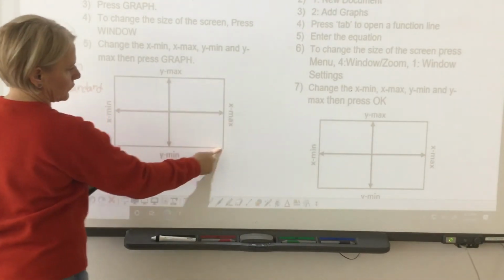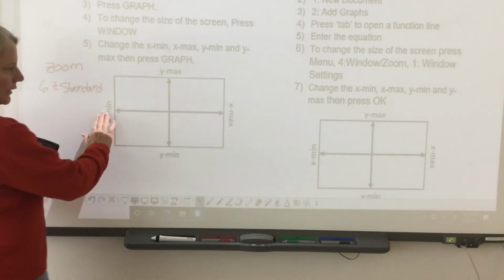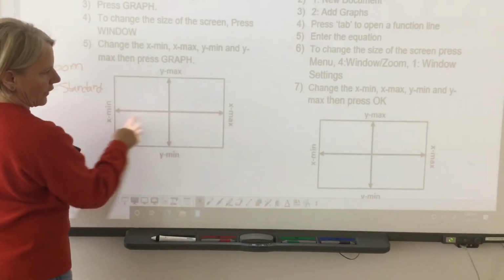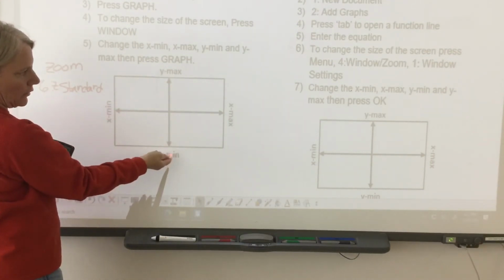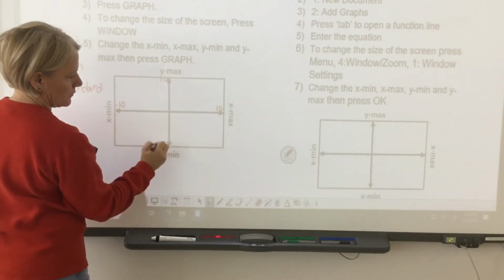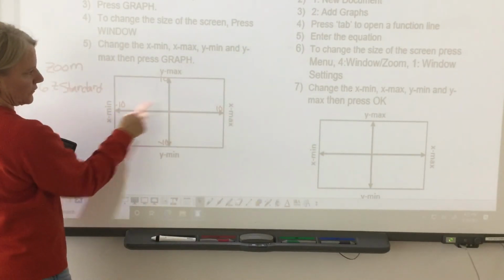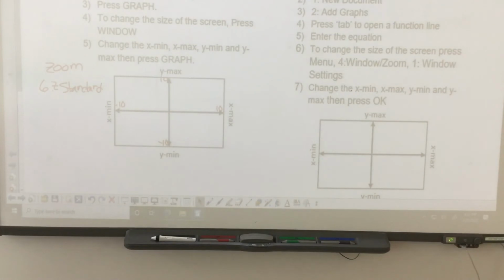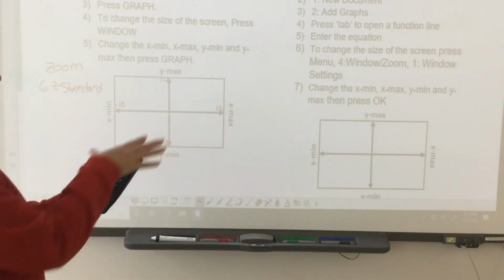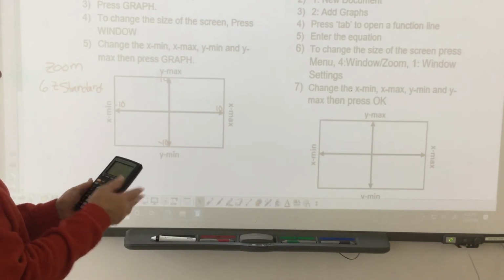So if you look at how the calculator screen is, it's a rectangle, and the dimensions of the rectangle are dictated by your x max, your x min. So you can change that, or your y max and your y min. Okay, so the standard window is 10s. So it goes from 10 to negative 10, 10 to negative 10. So if ever something is wacky on your calculator, just go to zoom standard, and it should get you back to that 10-10 window, I call it. Okay? So if you look at your graph right now, if you get your screen all right, you should be able to see that,